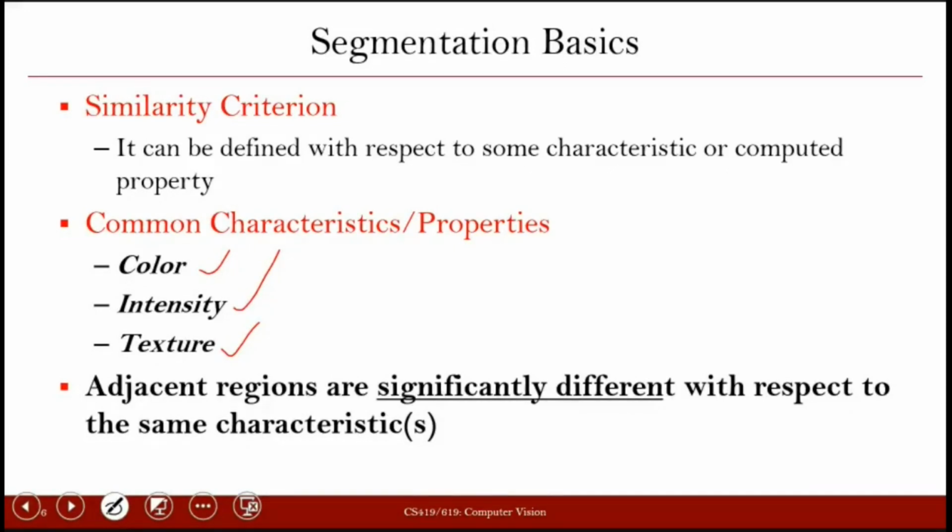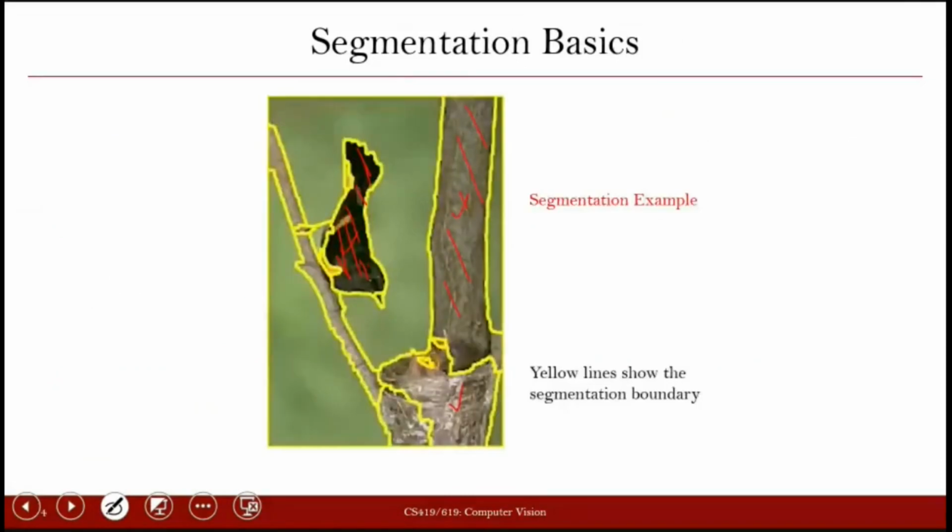If you see this example here, in this trunk part, if you analyze, all the pixels do not have a very similar color. There is some variation. But if you see the texture, the texture is common. In this whole trunk, the texture is common, right? Color may have certain variation, like you see there are some pixels which appear a little white, and there are some which are relatively a little darker.